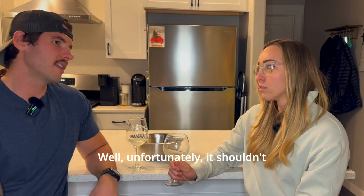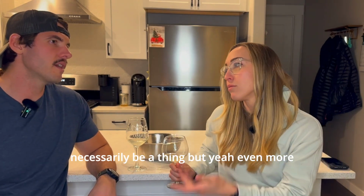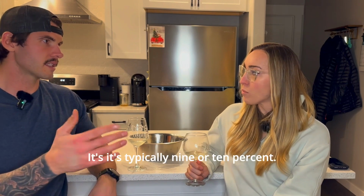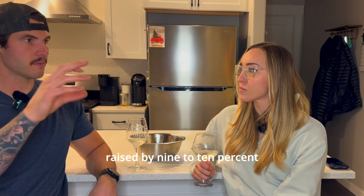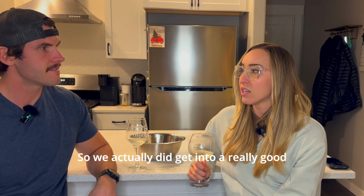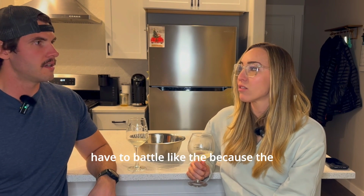Well, unfortunately, it shouldn't necessarily be a thing, but even where rent control is a thing, it's typically 9 or 10%. So every year your rent could be raised by 9 to 10%. Oh, I didn't know that. So it still goes up. Yeah, in places like Portland or California. Wow. So we actually got in at a really good time then, because we didn't have to battle